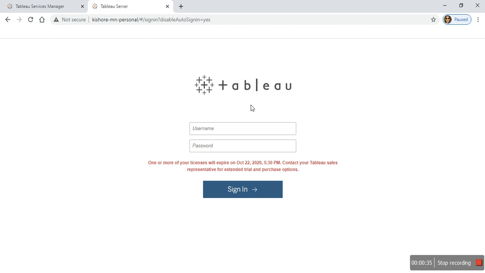For example, if you have purchased a license for Tableau Server and you want to reflect your company logo, you can replace this Tableau logo with your company logo for branding purposes. And if you want to change this Tableau Server name to reflect a development server or production server, you can do that also. So these are the two customization options Tableau provides.